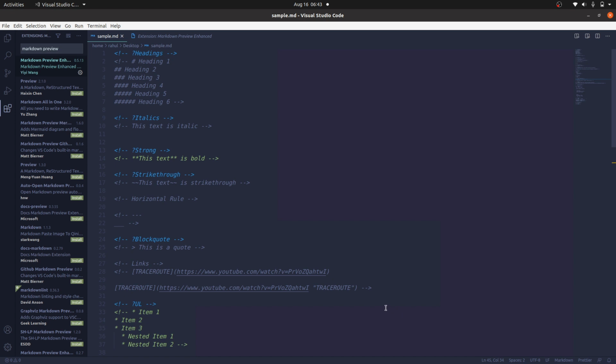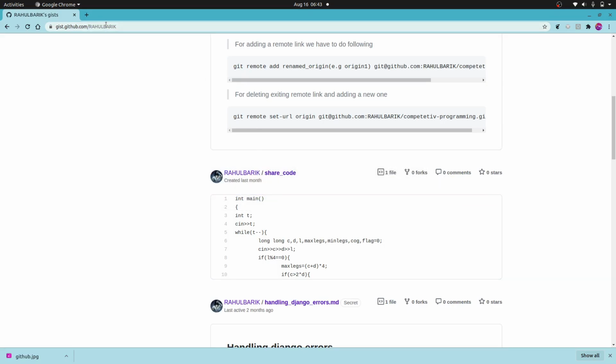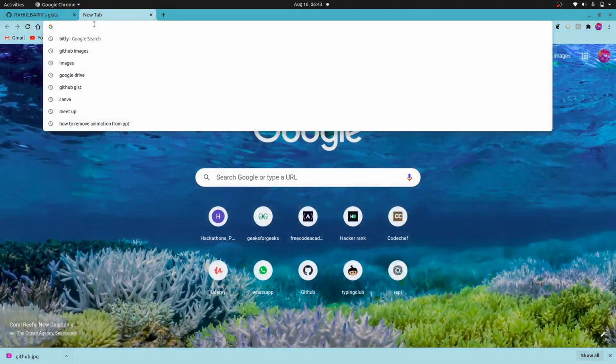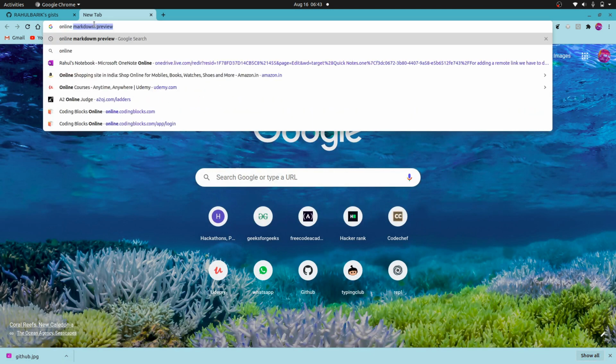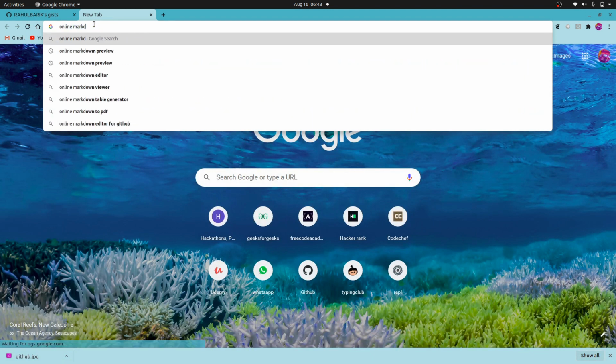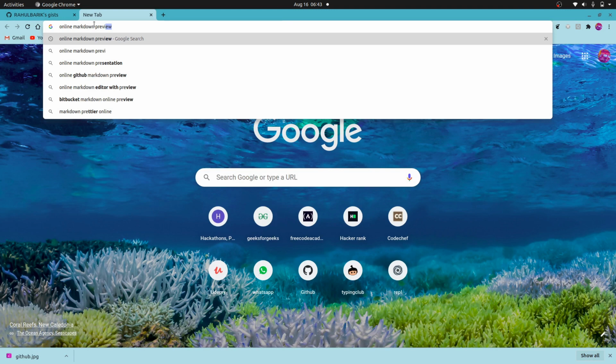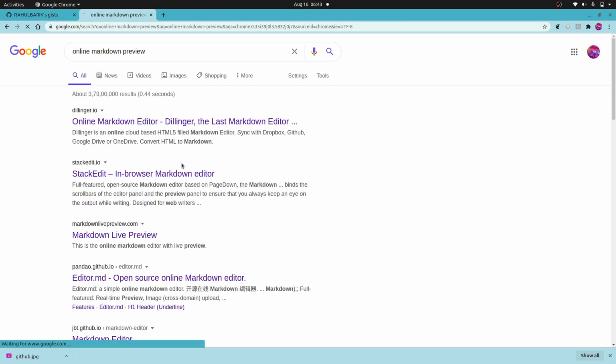Another way is to use some online help, that is an online markdown previewer. These are some links to write the markdown file and render it as well.